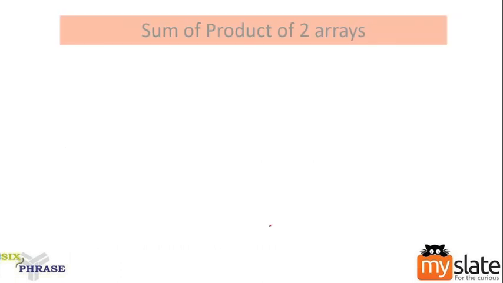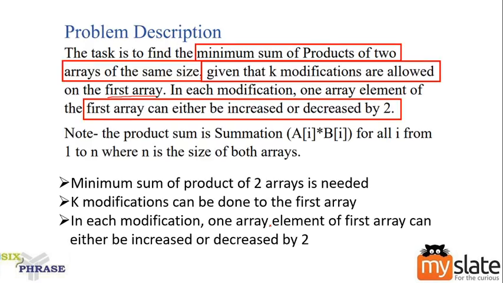See, you are supposed to find sum of product of two arrays, right? They are focusing on sum of product of two arrays. First, let us understand how to calculate this value. Only then we'll understand the entire question.